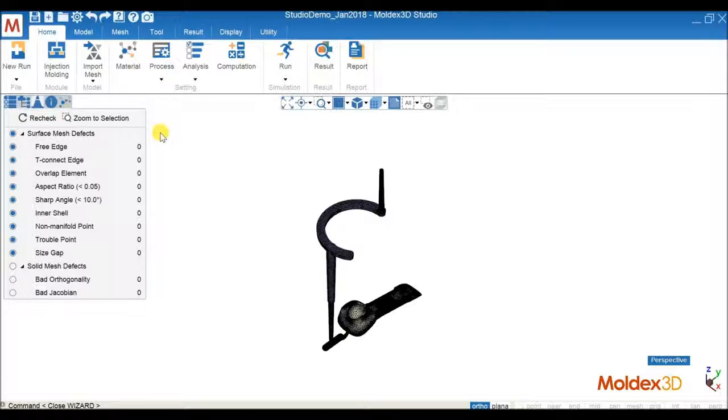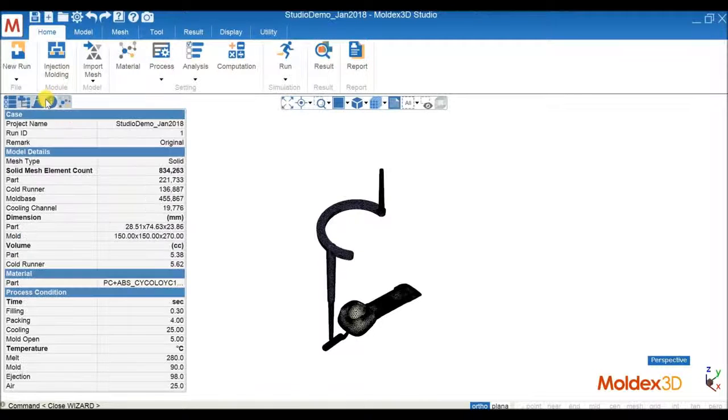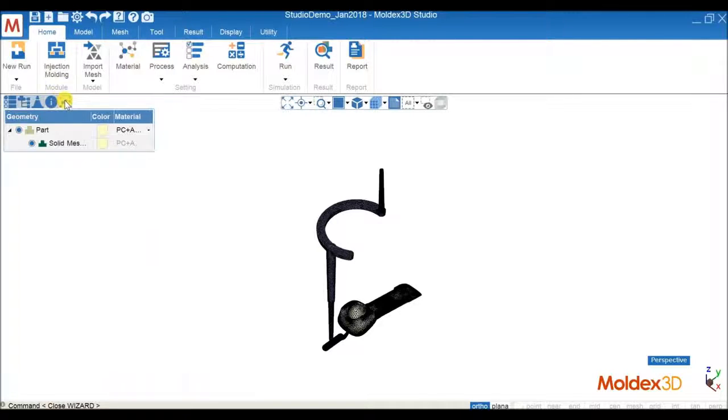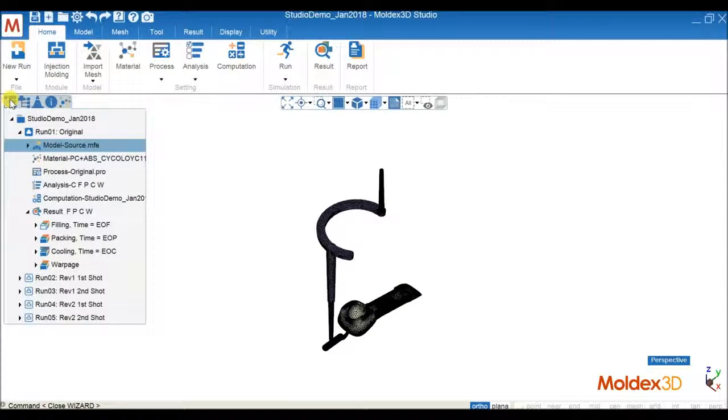And then we also have the defect tree. So we can see the surface mesh defects or the solid mesh defects remaining for the mesh. And besides the defect tree, we also have a run information list. So this is the new thing in Studio. We have the run information list. So users can check again the model details, the material, or the process condition. And last in the model tree, we have the geometry and also the material which belongs to it. So yeah, this is the interface for this